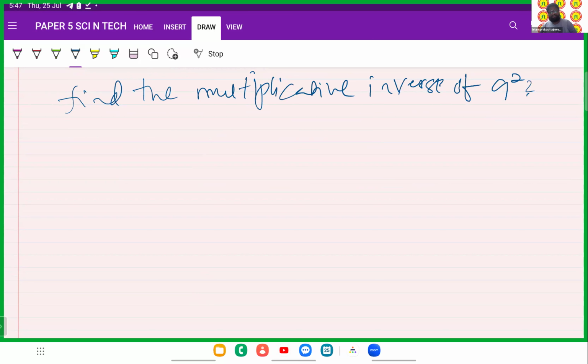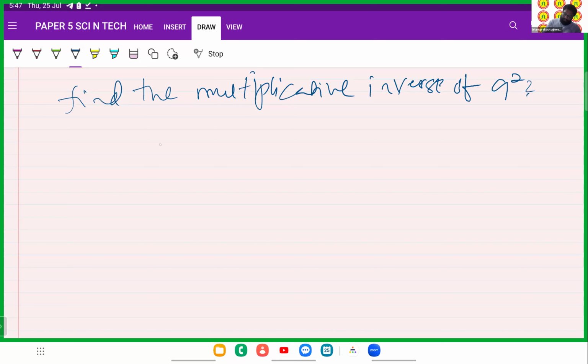What is the answer for this? Find the multiplicative inverse of 9 square. Sir, sent you. Varshit correct. Rahim, Amutar correct. Gagana correct. Zubair wrong. Charan wrong. Sai Karthik wrong. Varshit correct. So I told you no.